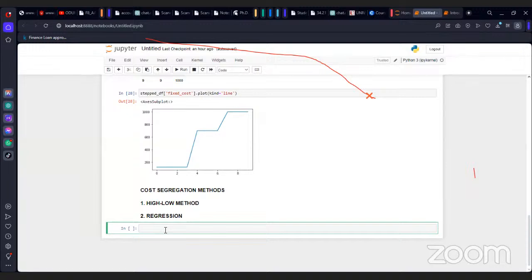So you'd have your data set there, and then we're saying just pick the extremes. So we are just using the extremes to depict the pattern of that particular cost. So the extremes, we pick the highest activity level and its associated cost. This portion is very, very important. We always use the highest